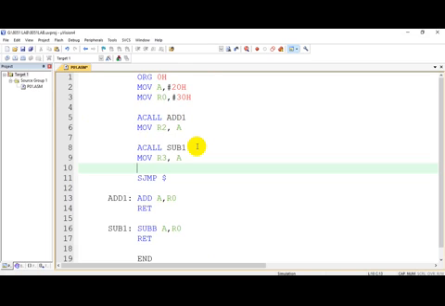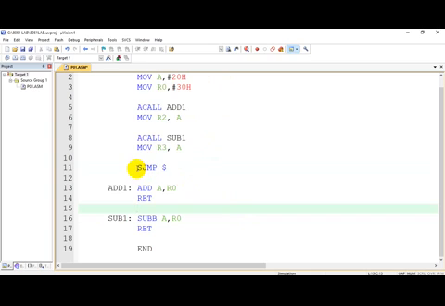Point number 1, a subroutine instruction, that is the call instruction, is also an unconditional branching instruction, meaning whenever a call instruction occurs, a branching is always done. That's the first point. And the address to which it branches is now called the subroutine address. It is not called the branching address, but the subroutine address. And where is the subroutine written? The subroutine is written after this infinite loop.